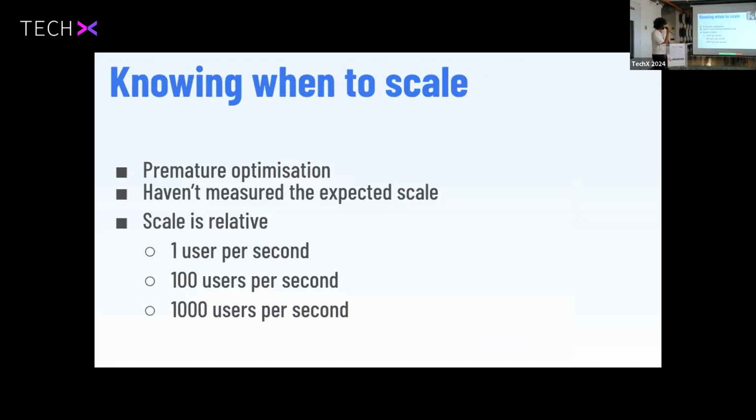So, knowing when to scale, right? Don't do premature optimization. Premature optimization is not knowing what your eventual infrastructure is going to look like, what your eventual scale is going to look like, how many users you're going to have, which service is going to